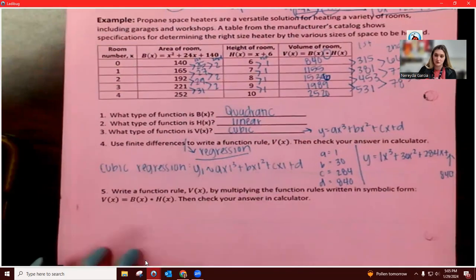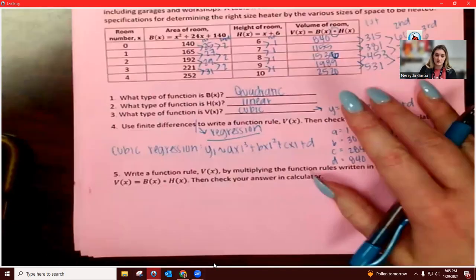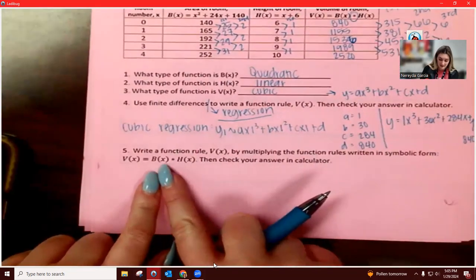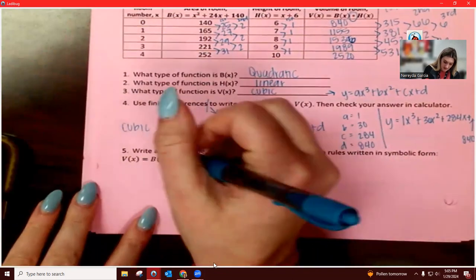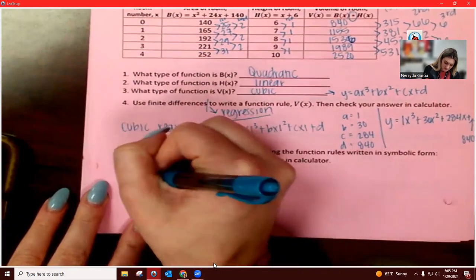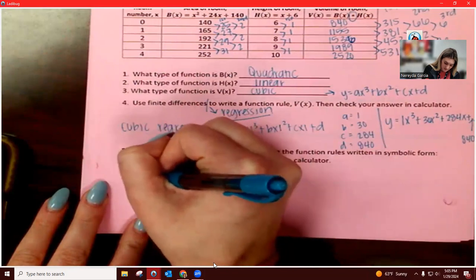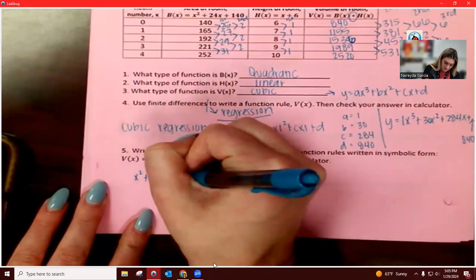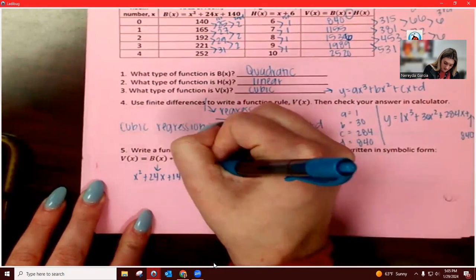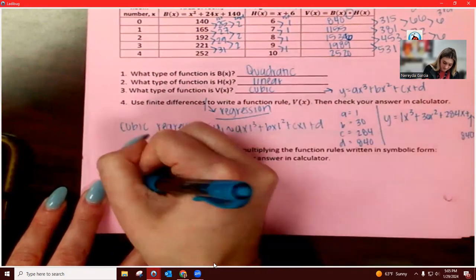My last one we're going to do is write a function multiplying. So we're going to use the box method for this one because it's asking me to multiply b times h. So again, just so I know how to use both of the methods, we're going to do both. So my b of x is x squared plus 24x plus 140. And my h of x is